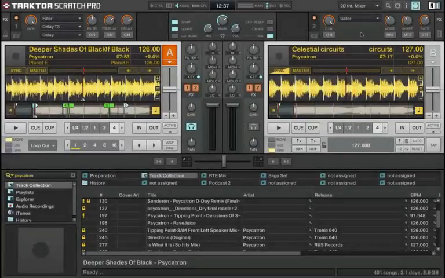Okay, so in this tutorial, we're going to have a look at the mixer controls on Traktor. The mixer is the section located here in between our two decks, as if you didn't know that already. The default mixer is a two-channel mixer with a three-band EQ section with kill switches on your low, your mid